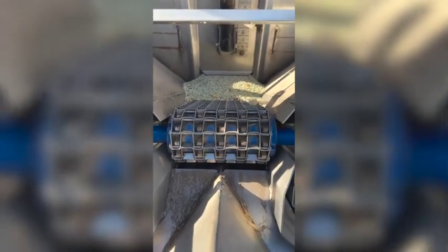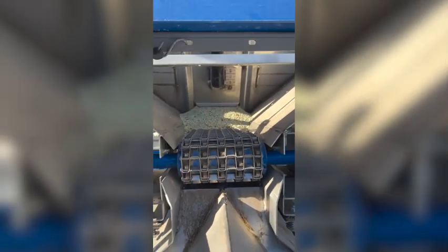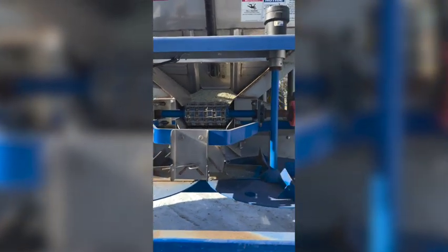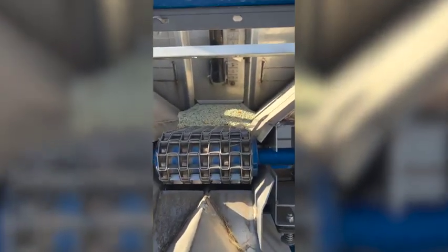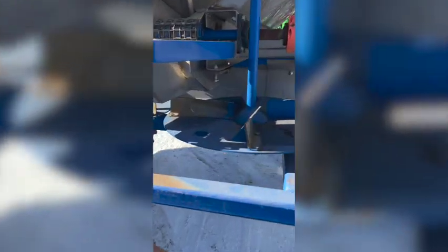There it is. It runs on the chain, turns like this. We got that set to work. You don't really have to move it unless we put on a heavier product. We'll open it a little wider. But these things just